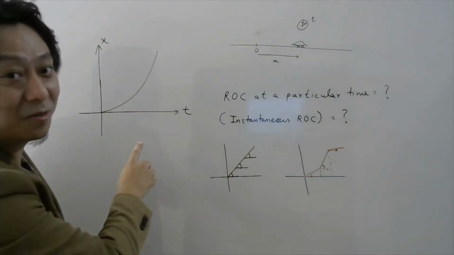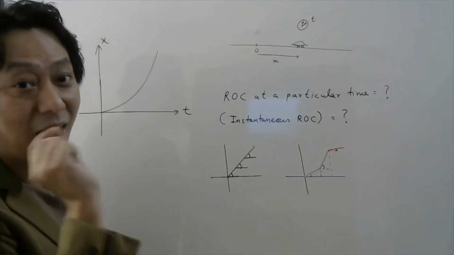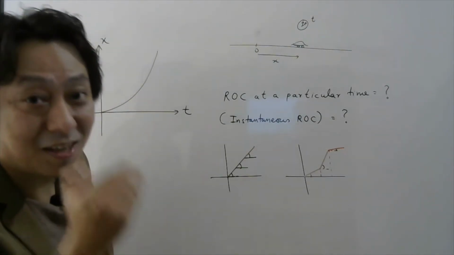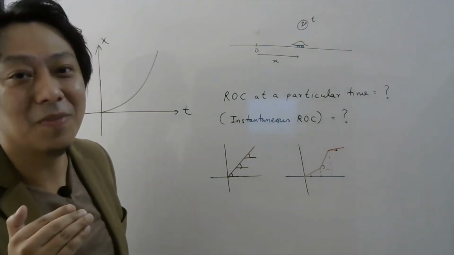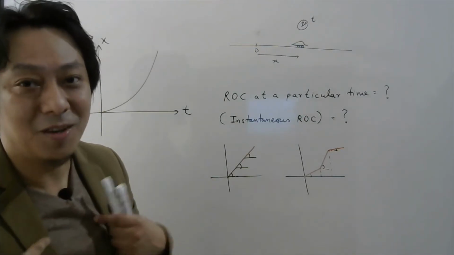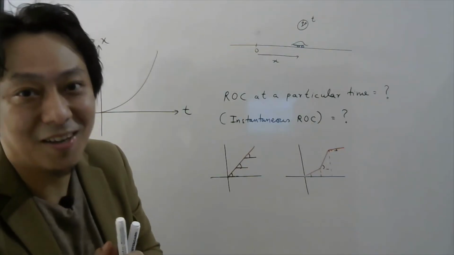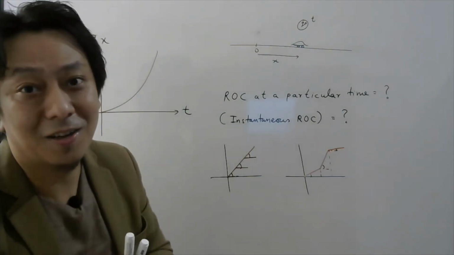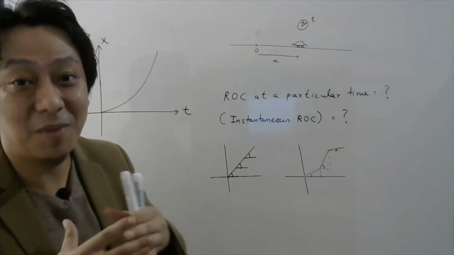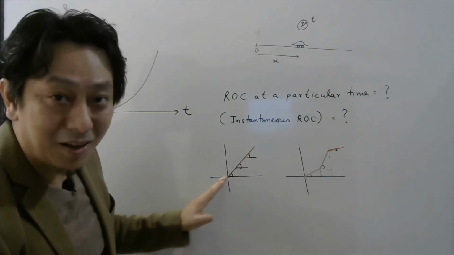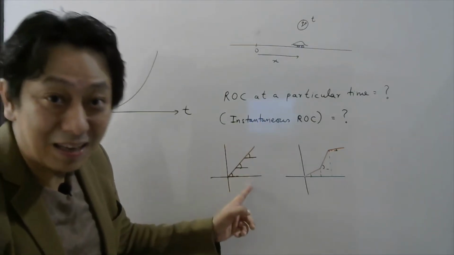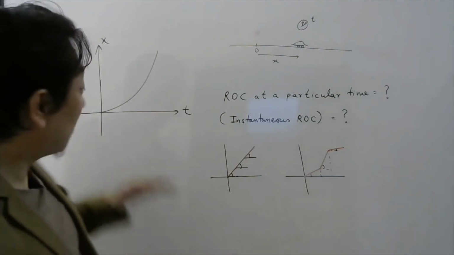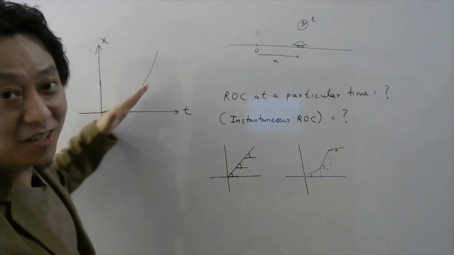And therefore now when I ask what is the rate of change, I have to mention at which instant, because the rate of change is changing continuously. Like when you ask my name, you just ask, sir, what is your name, right? You don't say, sir, what is your name yesterday, or what is your name today, because my name is constant. So if the rate of change is constant, just like in this graph, you will only ask what is the rate of change. But here the rate of change keeps on changing continuously.